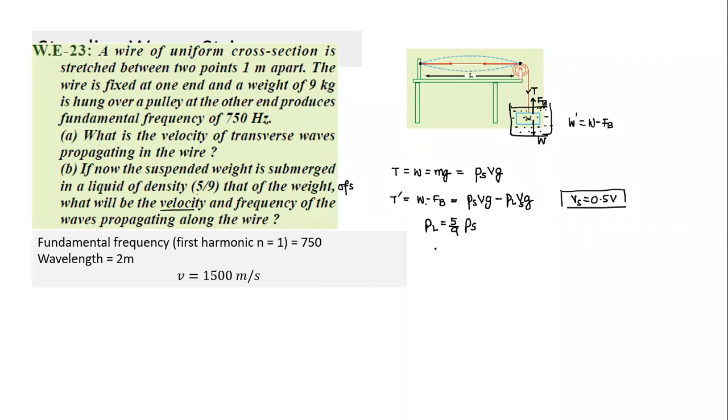Yes, Vignesh? Sir, how do we know that it will still be in the first harmonic? What does the n value depend on? Is it constant? See, what does harmonic mean? Just try to understand. Suppose earlier the weight was suspended here. If I strike this string with a metal rod or something, it will be set into vibration and will have some frequency. After I submerge this weight, again I strike this wire. Will it emit sound of the same frequency? Just think of it like a guitar wire. If I change the tension in the guitar wire, does the sound of the guitar change or not? Yes, sir.